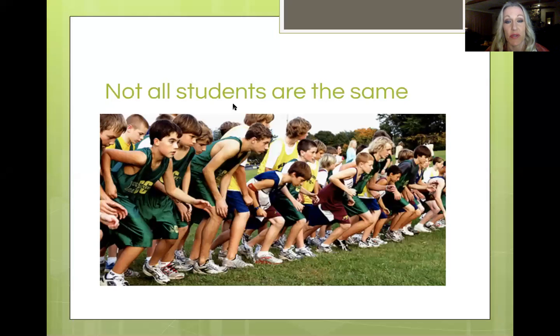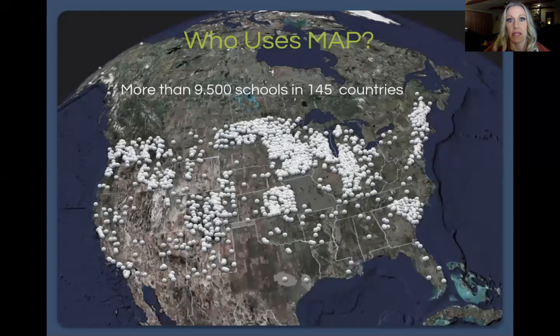So as we know, not all students are the same. If you have multiple children, you know that your first one, you parent one way, and then your second child comes along and you're thinking, I'm parenting them the same. What's going on? This child's reacting differently to my parenting. So we know that. That's the beauty of being a parent. That's the beauty of our children, is that they're all different. So what the MAP test does for us is it's a test that really is customized to the differences within